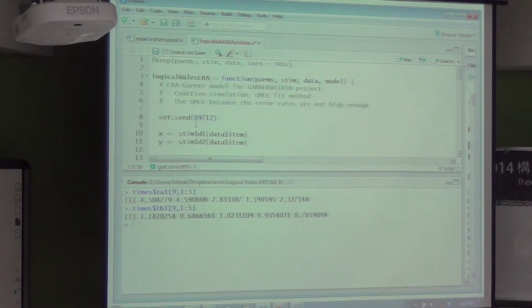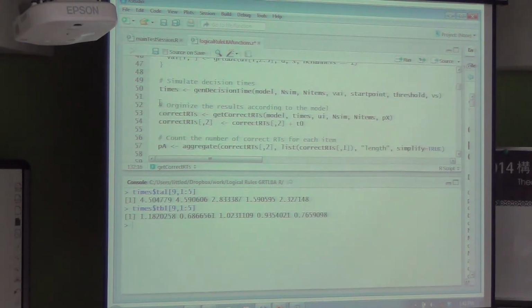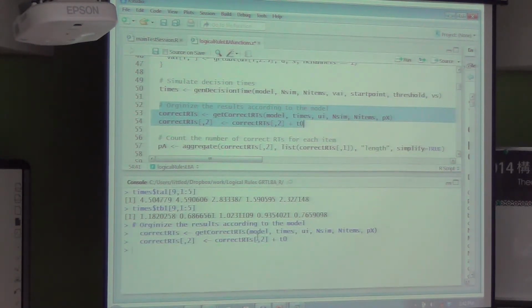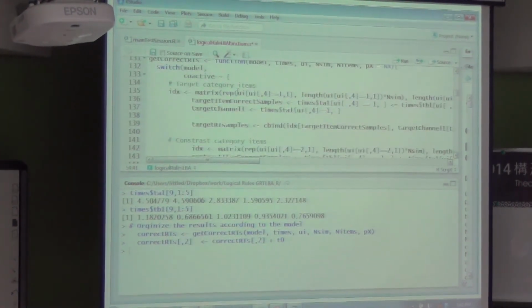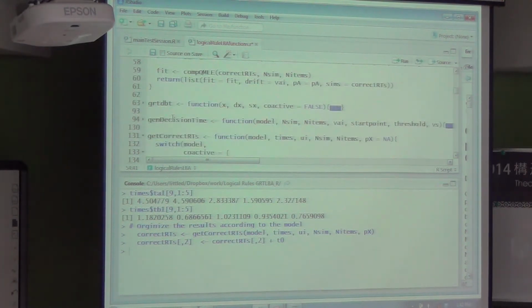If I scroll back up here to my main function, I've generated the sampled response times. I can now organize the results according to the model and add in the non-decision time. And this will pull out the correct RTs. So this correct RTs function takes in the model as a parameter and uses that to determine how it combines the information from each of the channels.